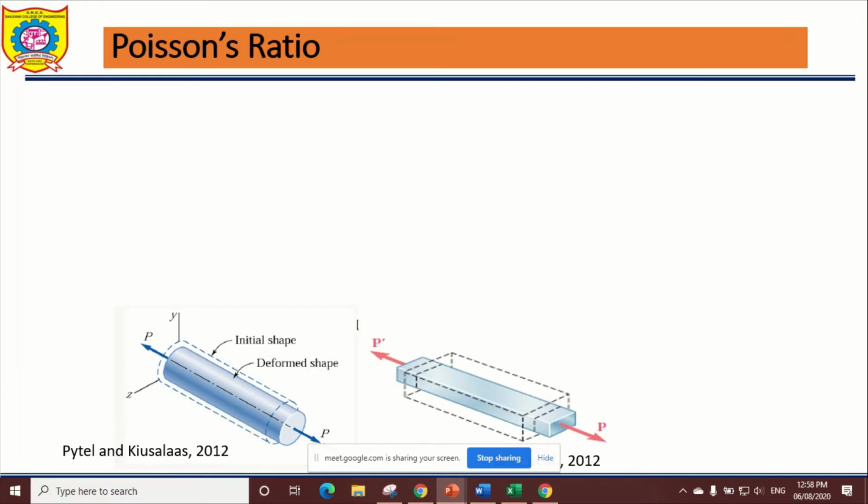So there is a ratio of that lateral strain and the linear strain. So that ratio will be called as the Poisson's ratio. So this is the most important ratio we are using. Suppose that we can apply the load along this rectangular block, or we can apply the load on the rod also, circular rod also. So this is the first case, uniaxial loading.